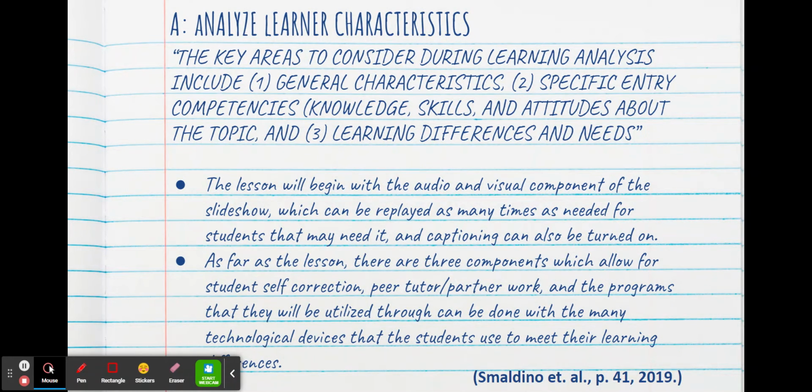The A is for analyze learner characteristics. So this would be where you would look at your student population and see what their needs are. Because the lesson begins with the audio and visual component of watching the YouTube video made by the librarian, it can be replayed as many times as needed for students that need it for review, and also closed captioning